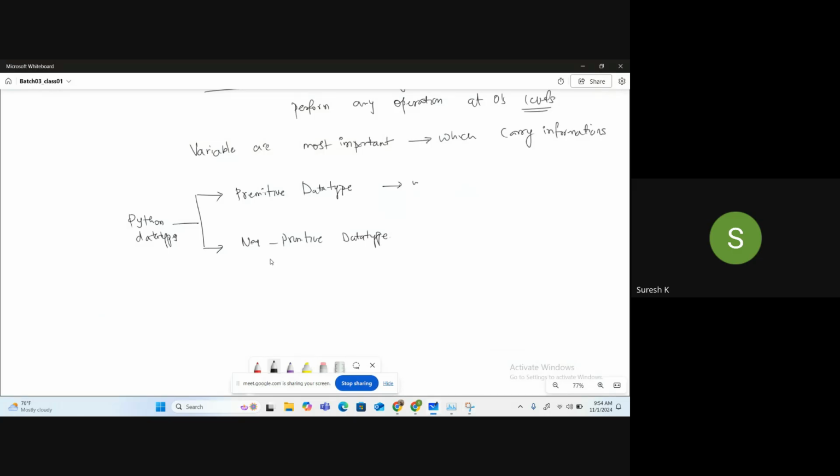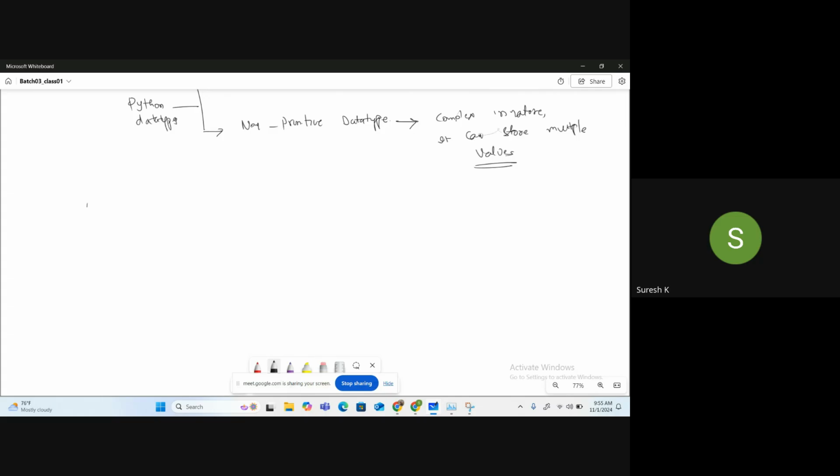Primitive will store data of a single element, whereas non-primitive is complex in nature. It can store multiple values. That is the difference between primitive and non-primitive.